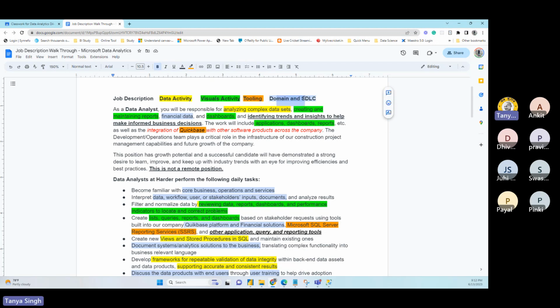The next important part is the domain knowledge and the software development life cycle. That's called the SDLC. It's a big topic. I think whoever has done computer science, it's an entire 4 credit syllabus that you learn for 3 months or 6 months, right? But long and short, SDLC is talking about how you can develop your software